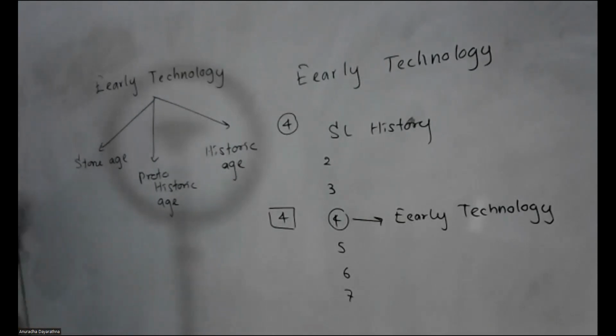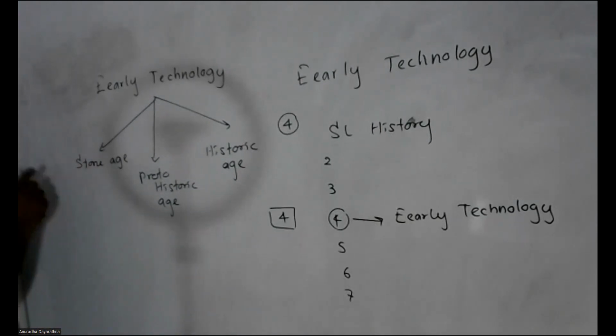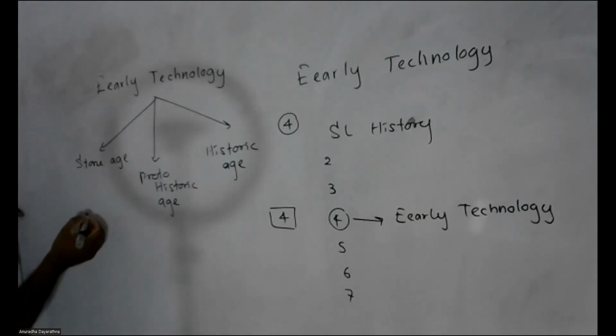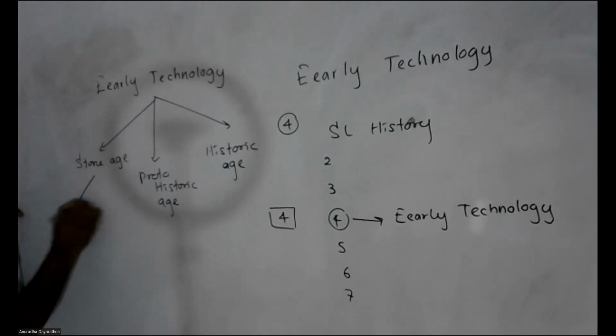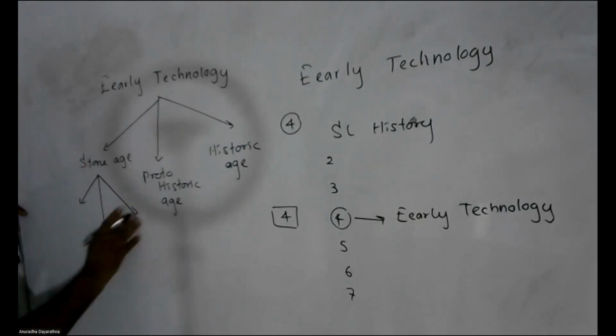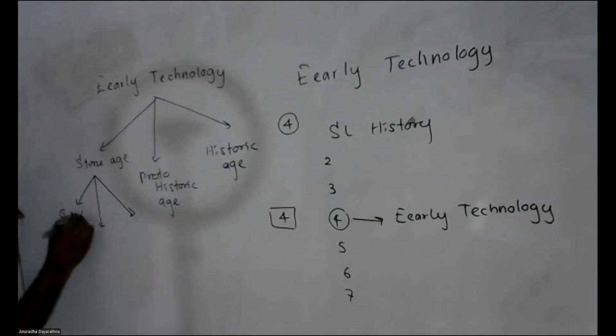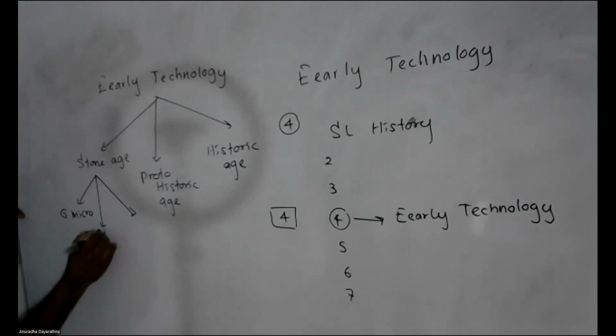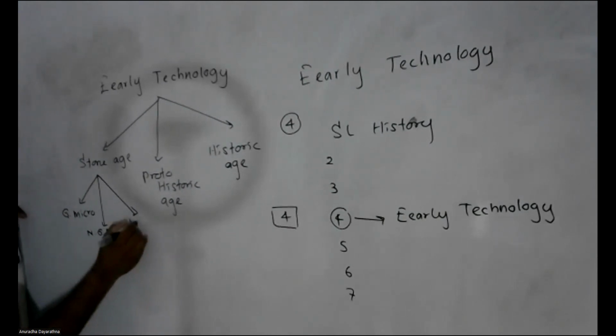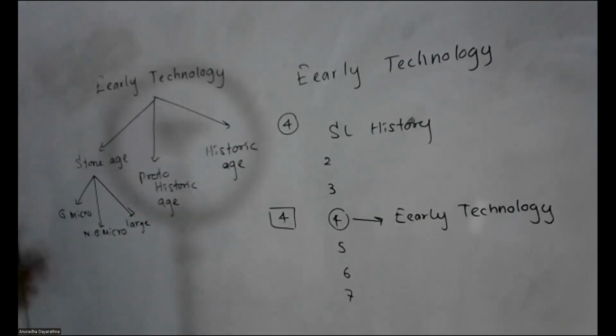The Stone Age is the time period in which man used stone implements. So the technology comes in making implements. Here we can see they have made some stone implements. What were the 3 types of stone implements that they have made? Geometric micro, non-geometric micro, and the large implements. So this is a kind of question that can be given. What is the technology of making geometric micro tools? What is the technology of making non-geometric micro tools? And how did they get large ones?